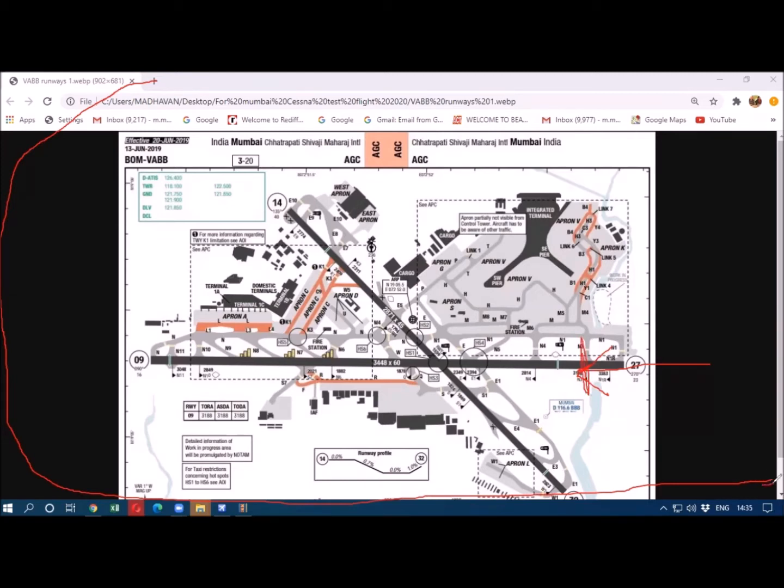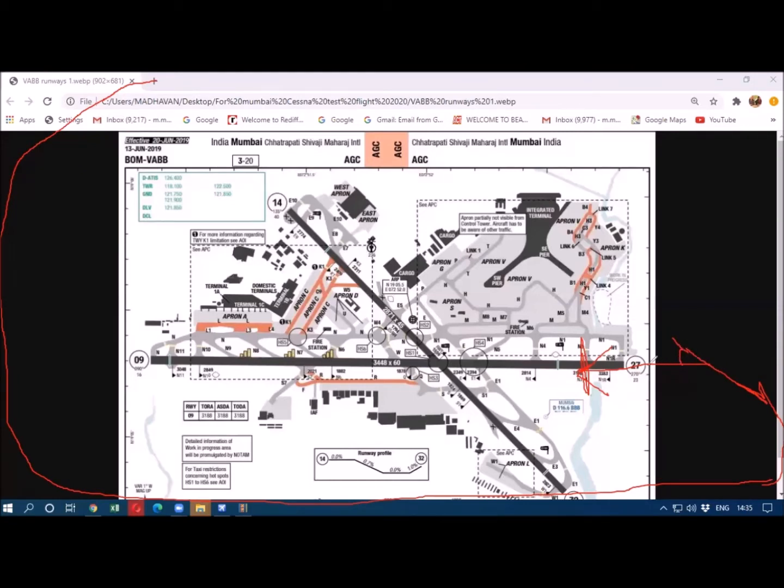At 10 to 12 miles, we'll take a turn, then we will intercept this ILS. This is the ILS beam. We will look at that chart. There is a radio beam giving the center line of the runway, that's called the localizer. So we will be intercepting that localizer at around a 30 to 40 degree angle.